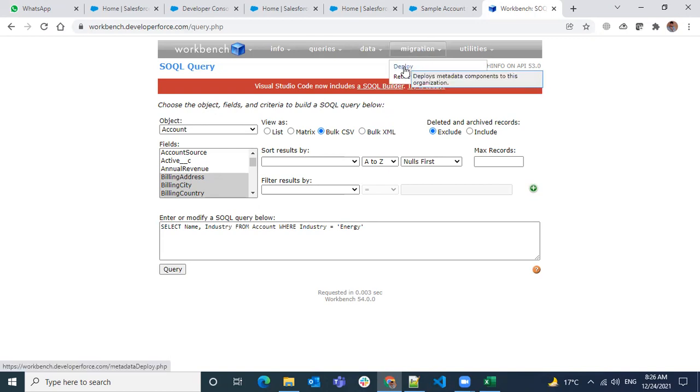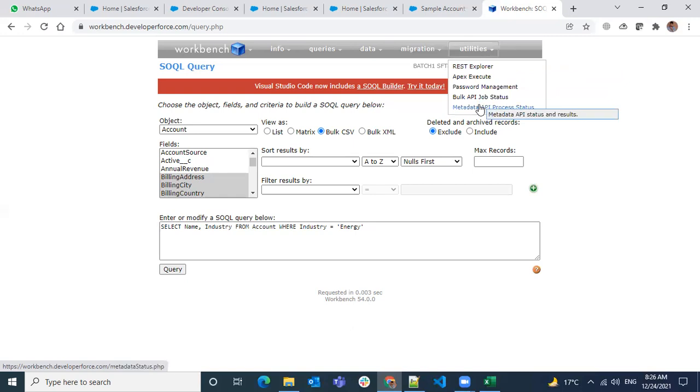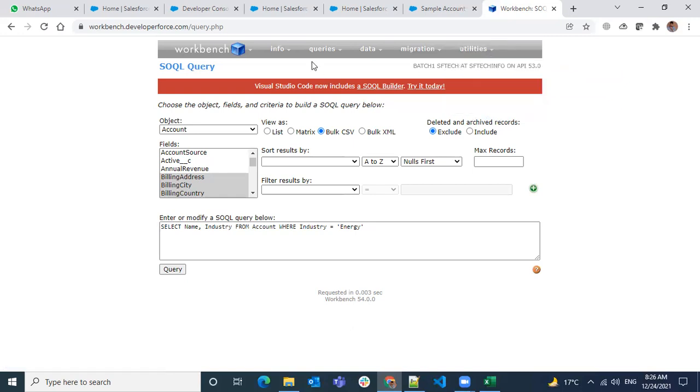And if you're having any kind of deployments, you can also do them using Workbench, deploy or retrieve. If you want to do some integrations and check some integration that you've exposed, you can check all that, or you can see all the objects and fields, you can query, or if you want to check some metadata like standard objects, everything you can see over here. It's a multi-purpose tool. Okay, so we can do the deployment activities also using the Workbench? Yeah, you can do the deployments also.